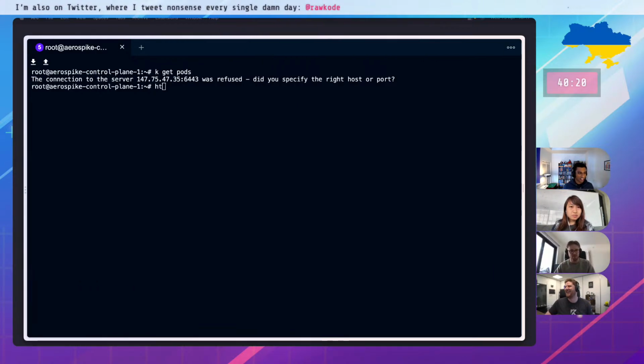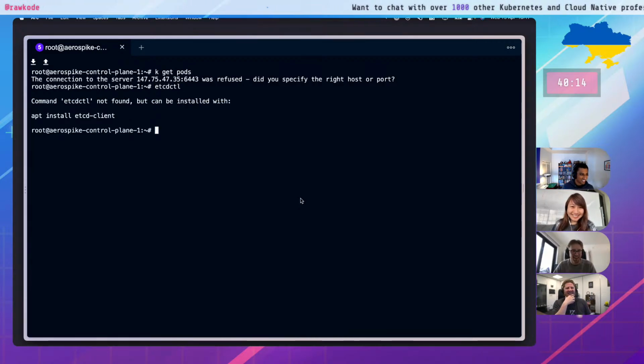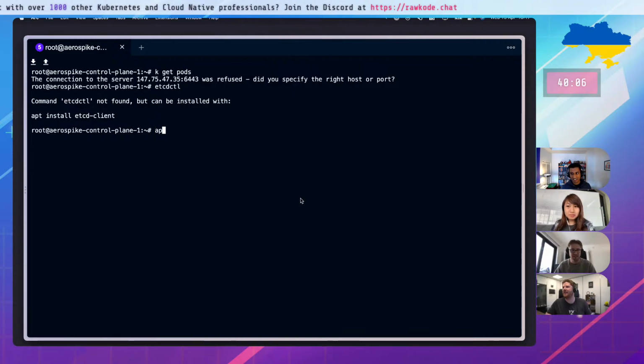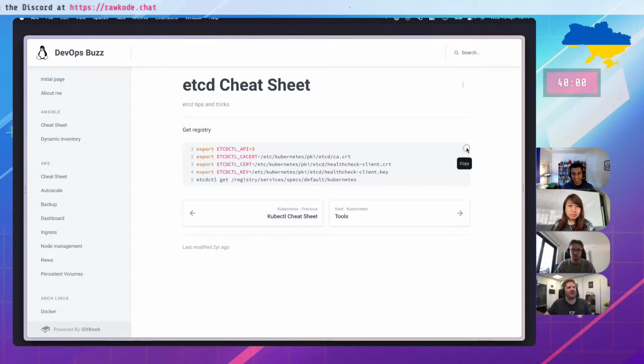Do you want to get etcdctl and just double check just in case? Well, how did we get it before? Apt install etcd-client, and then I still got the cheat sheet here with this setup because I just use this one all the time.